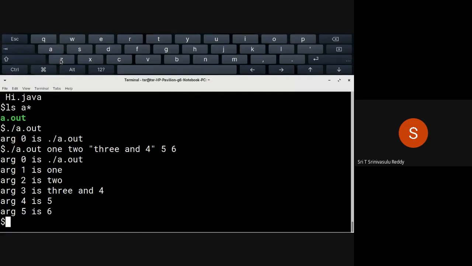If you keep anything within double quotes, that entire thing becomes a single argument. So whenever spaces are there within an argument, you need to keep it within double quotes like this. Then the whole thing becomes a single argument.